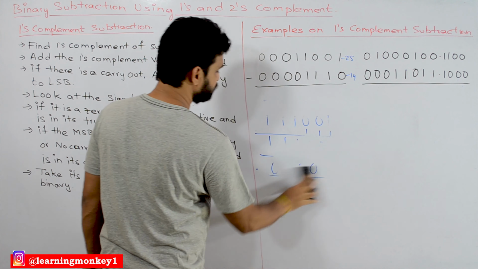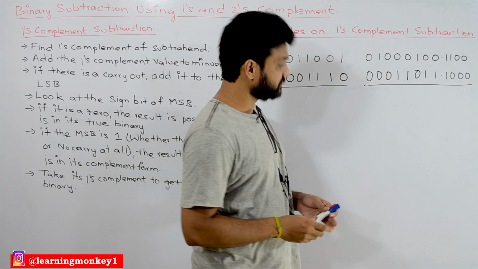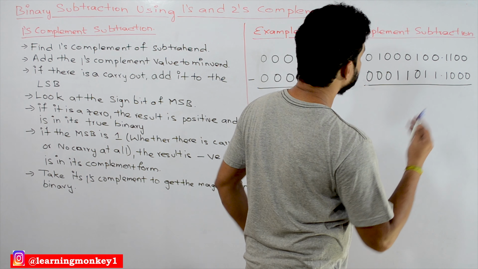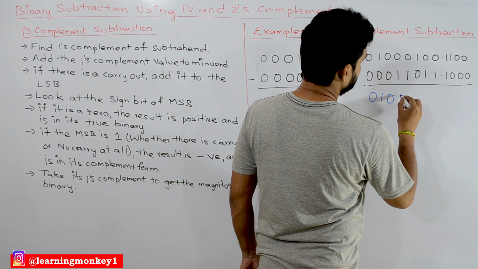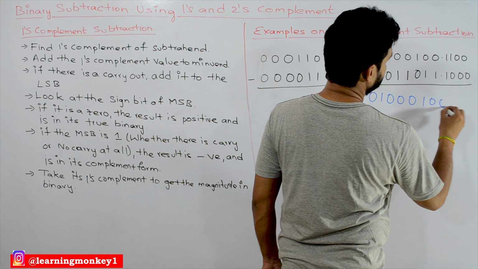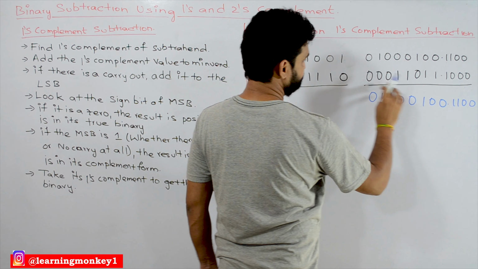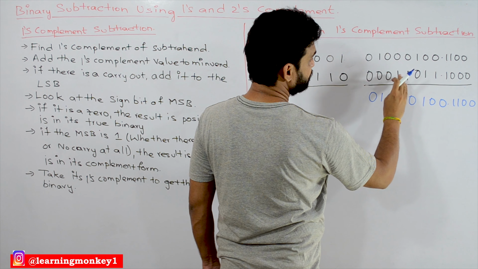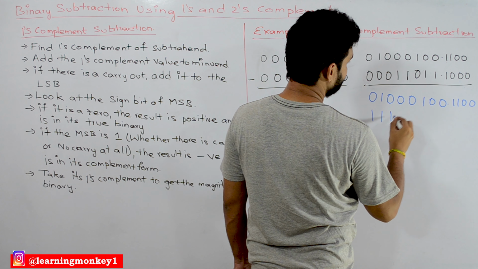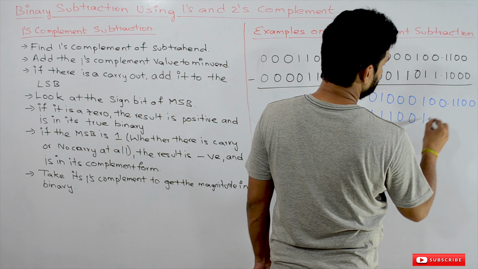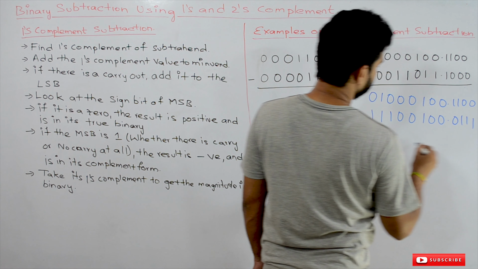Now we will try to do the ones complement subtraction on the next number. Let's do the second example, as we have covered our first example. First take the values 0 0 0 1 0 0 0 0. Now we have to take the ones complement of this number, which will be added to the minuend. Just try to write the ones complement of this number directly: 1 1 1 0 0 1 0 0, dot, 0 1 1 1.